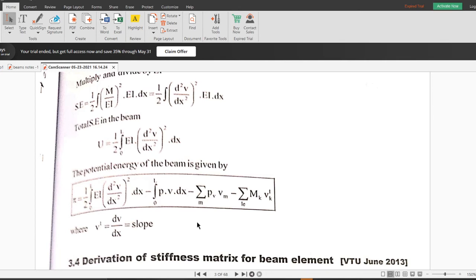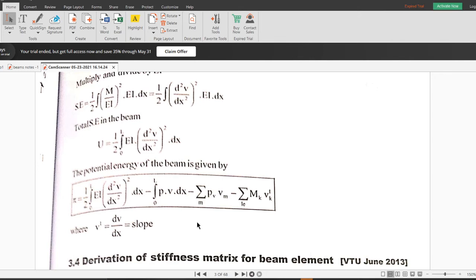So there are 3 derivations: Hermite shape functions, stiffness matrix derivation, and this one. Out of these three, the most important derivation is first Hermite, then the stiffness matrix. Sometimes one or two times only, they may ask this small derivation for 6 marks, and the rest of the derivations carry 8 marks. Only this one is 6 marks. But you have to practice well; the most important derivation is the Hermite shape function, that too in Cartesian coordinates. First practice it well.